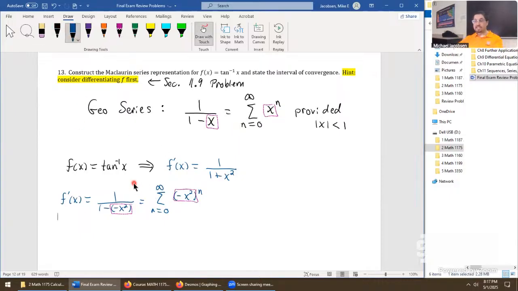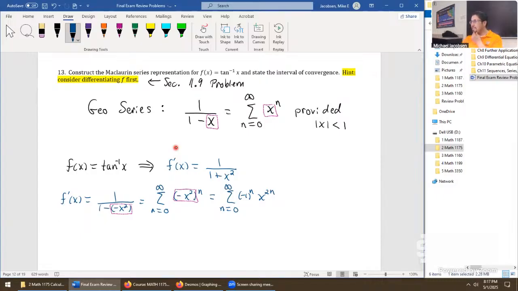Now we have to bring this back through integrating to get to the original function f of x. So let's take some extra steps here and write this as the sum from 0 to infinity of negative 1 to the power n, x to the power 2n. Also, the series for f of x could be more involved than this series, and this series is way easier to test. We just use that to get its, let's see, interval of convergence in one shot. And that interval of convergence can carry over to the next part.